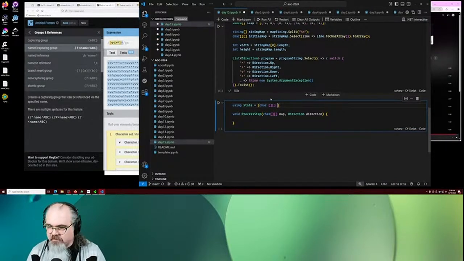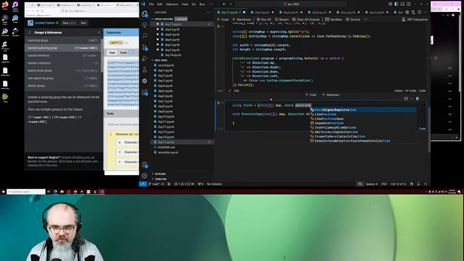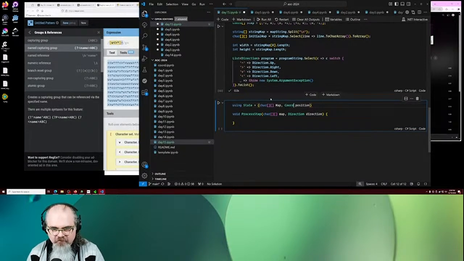So let's throw the state in this thing here. All right. So the state is the combination of the map and coord position. Because what I don't want to do here